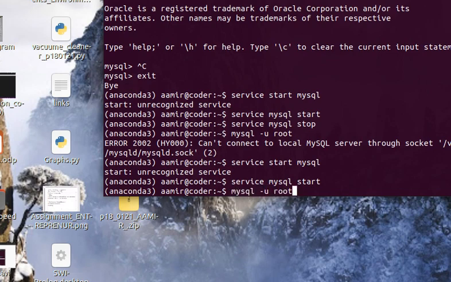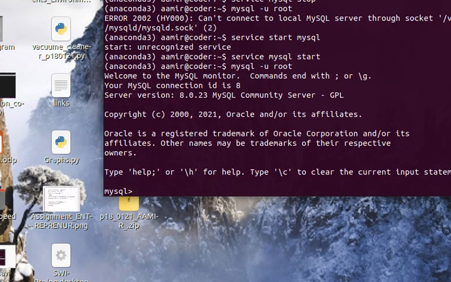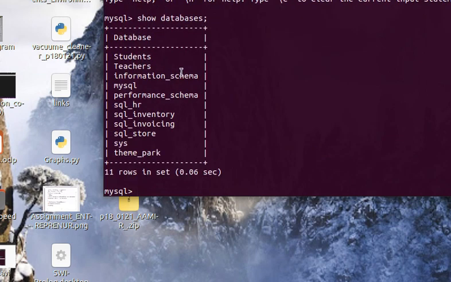Let's type that command again, mysql -u root. Now for checking databases, this is show databases with a semicolon at the end. These are the databases which I have created. For selecting any of these databases, you have to use the use command.